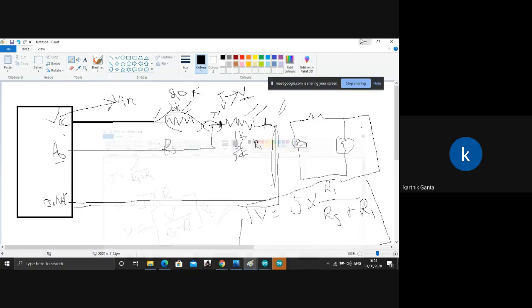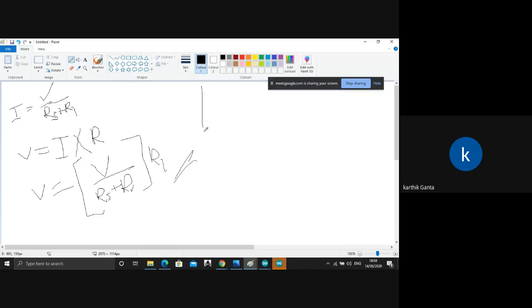So I just wanted to show you this, and the next thing you need to know is, by varying the light intensity, as it is an LDR, the resistance changes. As the light intensity increases, the resistance decreases.